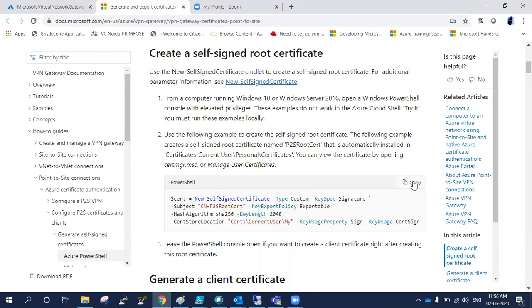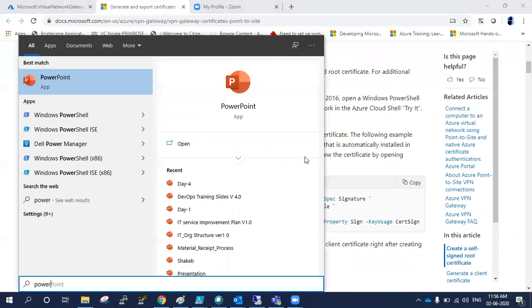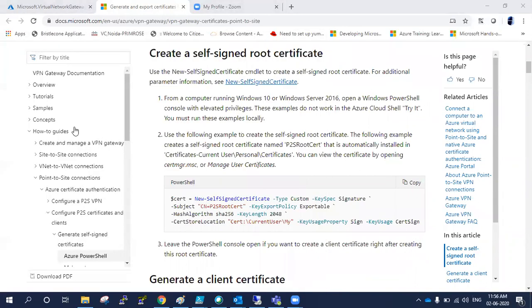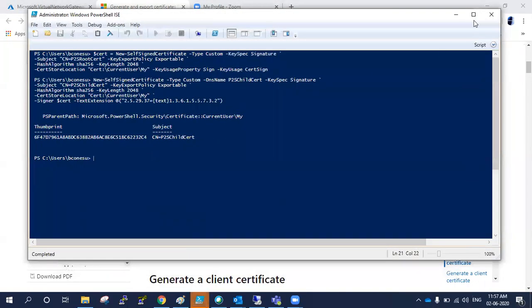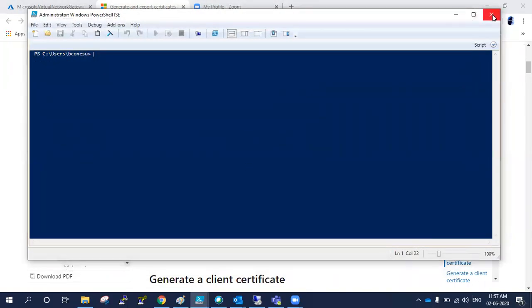So I'm copying this one and opening PowerShell. Let me close all my previous PowerShell windows.